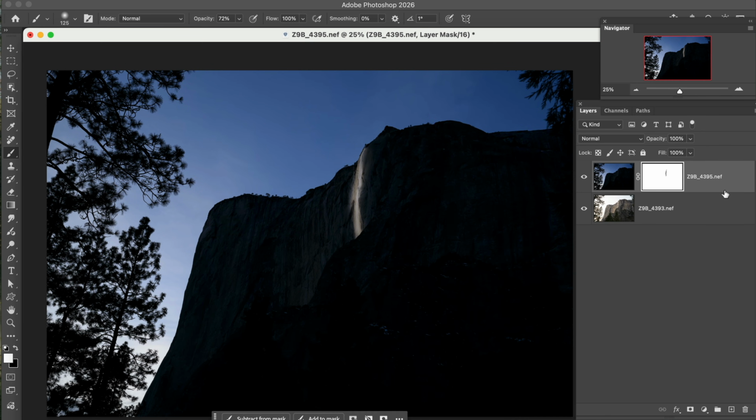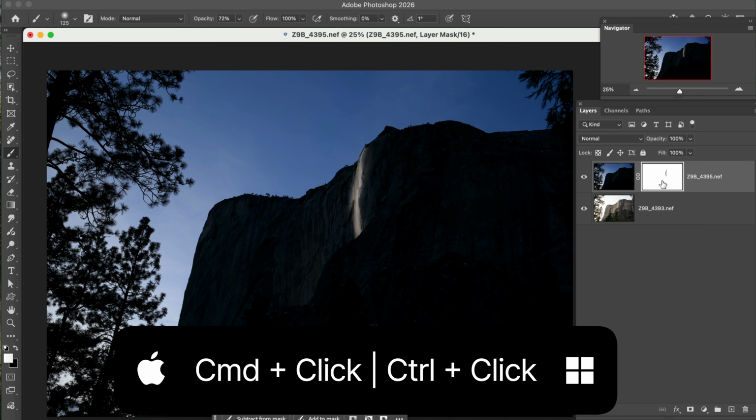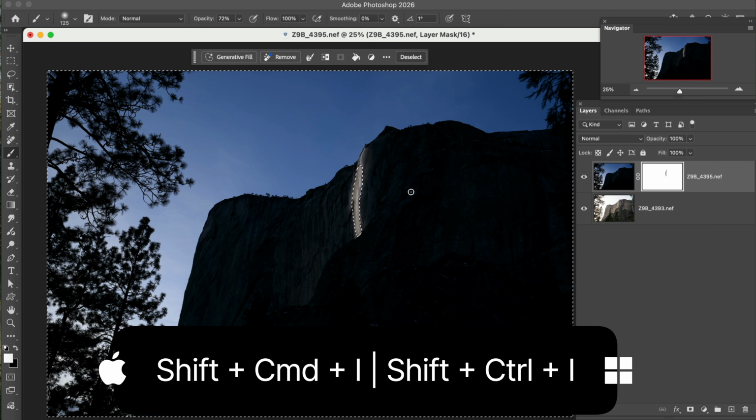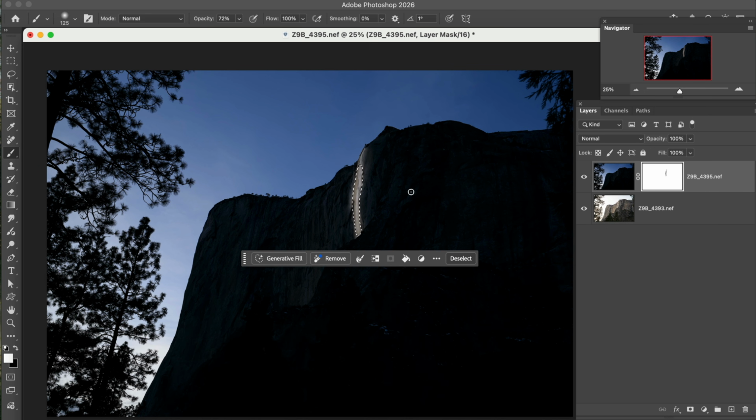Now what we're going to do, and this is really a cool feature. Check this out. If we hold the Command key on the Mac or Control on the PC and click on our layer mask, look what happens. It makes a selection of everything around it, right? It selects the waterfall. Actually, it's not selecting the waterfall, it's selecting everything but the waterfall. So what we want to do is invert that, and we do that by holding Shift, Command, I, or Shift, Control, I if you're on a PC. Now we can see that we have just got this waterfall